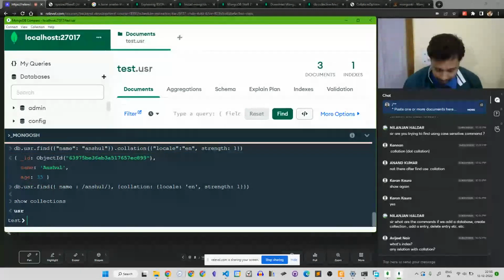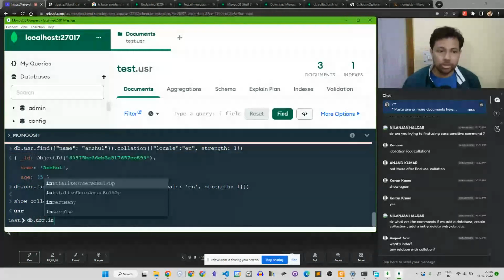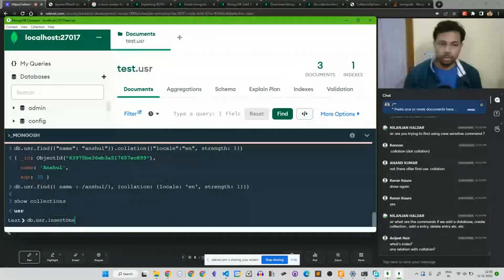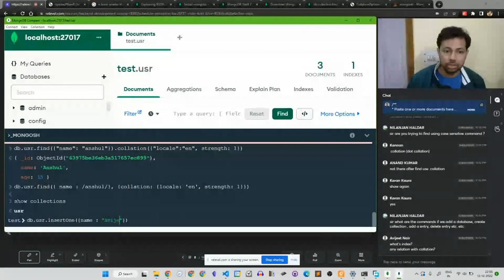So you can do db.users.insertOne, and in insertOne you can send an object that you want to insert. You can send name as say Avijit, and age as 24.